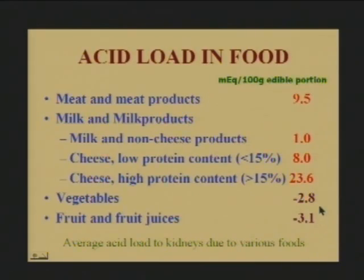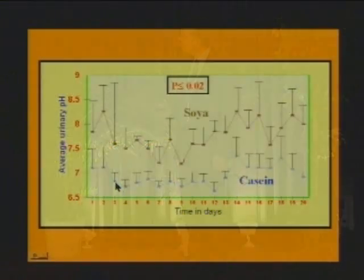How are you going to neutralize that acid load? The answer is fruits and vegetables give a negative acid load, so that is alkalizing. But unfortunately, the body reacts to acid in one way only. When you get it into your diet, there's a hormonal response that kicks in, and you get calcium stress. So here is average urinary pH when you fed rabbits soy versus casein. This is an experiment that we did. And you'll see that soy gave you a far more alkaline